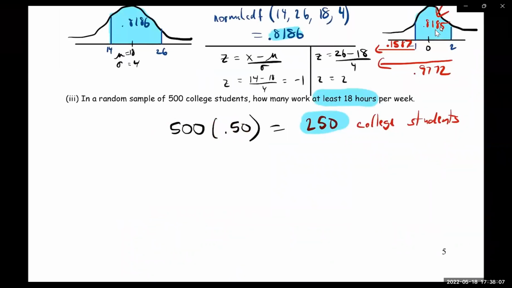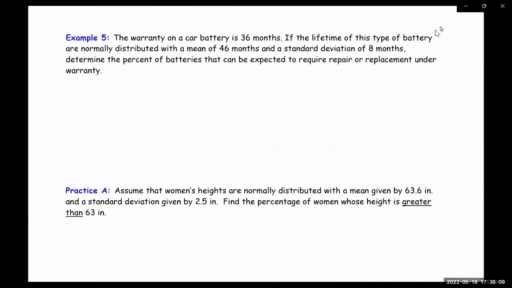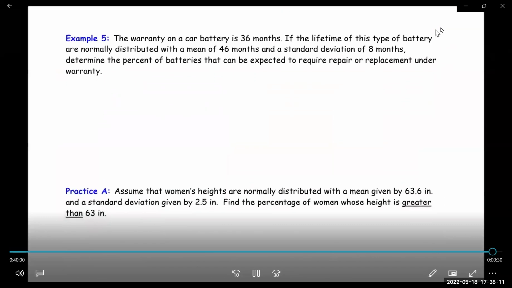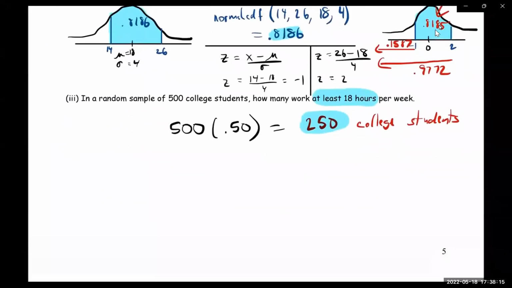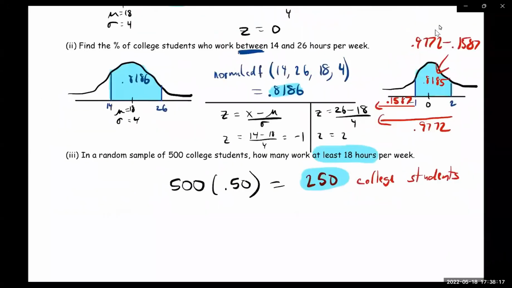All right, so next class, we will do these last 3 problems that we didn't get to. But that is pretty much it. That was a lot of information. That's a lot of statistics stuff that we learned today that you would learn in Math 150 if you were to take it. I know Tori's taken it before, but if you were to take 150, you would do a lot of this stuff that we just did right now. All right, well, let me take